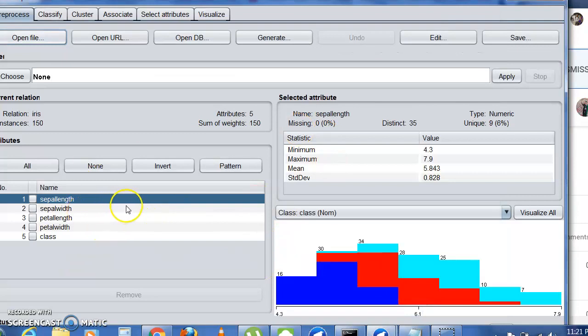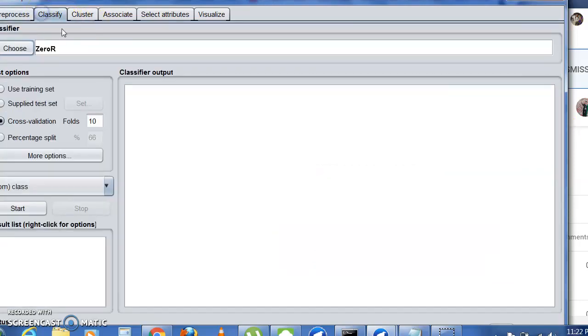In Weka tool video 1, I've already explained the pre-process tab, what the edit option is and what all of these are. So you can see my video 1 for the Weka tool. Now we are going to see the classify tab. As of now in this video, I've just uploaded the iris.arff data file. Okay, and now I'm going to see classify.